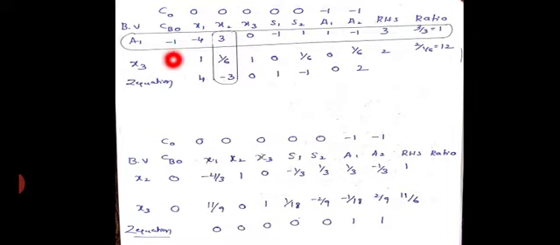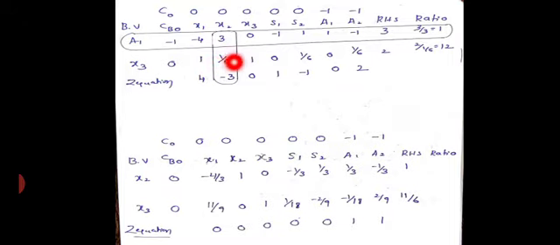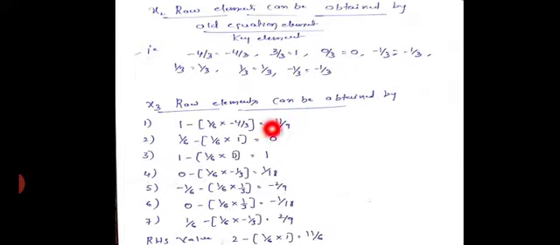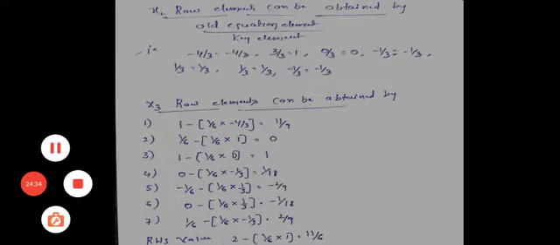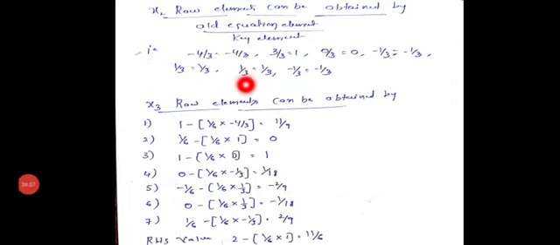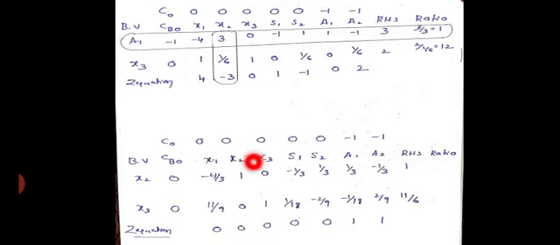Now how to calculate the x3 row? In the x3 row, see here, this is the formula: old value minus the corresponding key column coefficient. This 1 by 6 is common for all the variables now. Old value minus 1 by 6, and the entering new value from the pivot equation is minus 4 by 3. Minus 4 by 3, you're going to get 11 by 9. Understood? Like that you need to calculate all the x3 row elements using this formula. See, this is how I got all the values in the x3 row also.